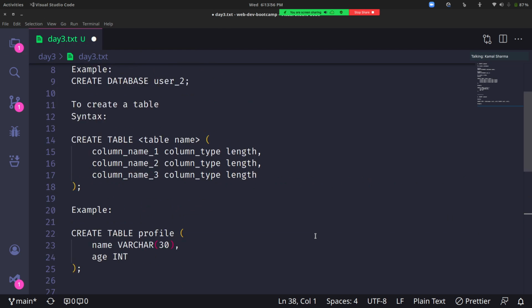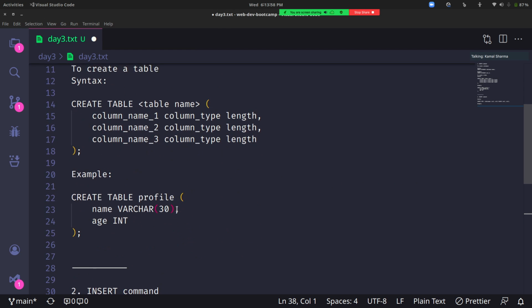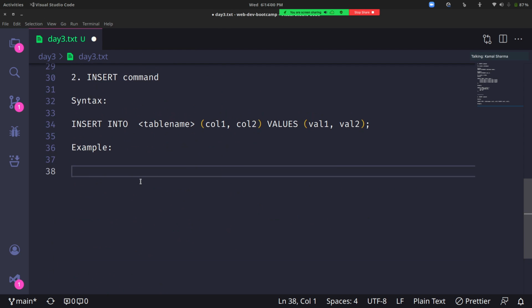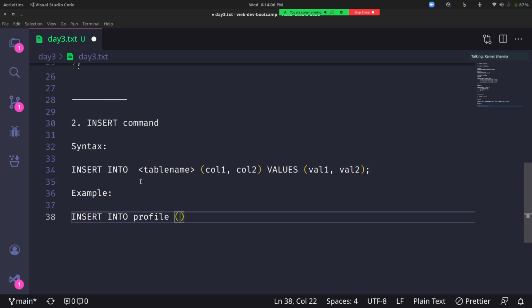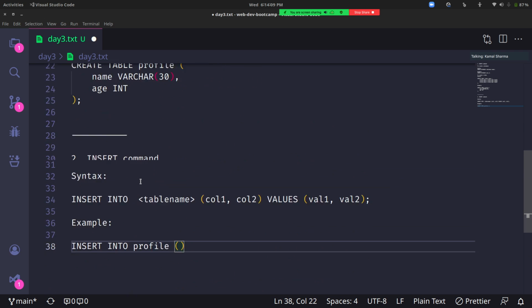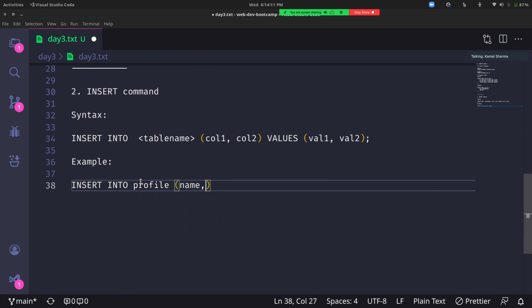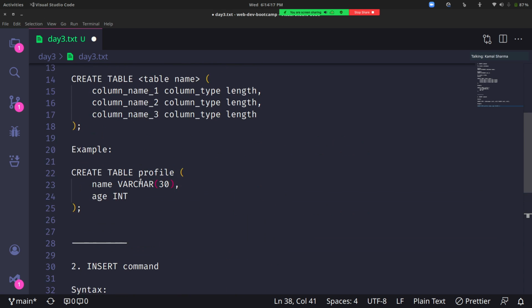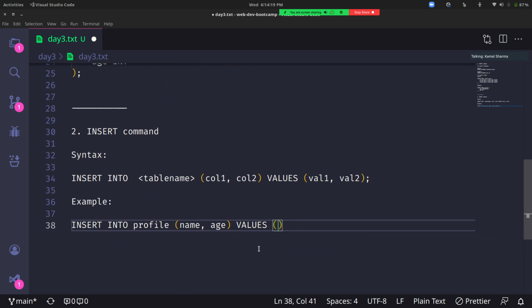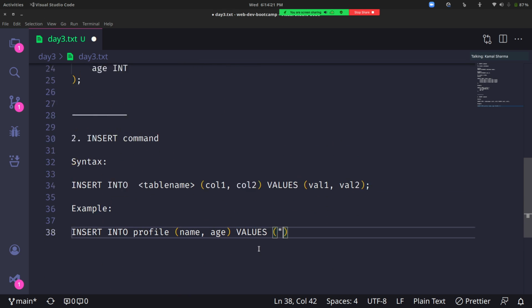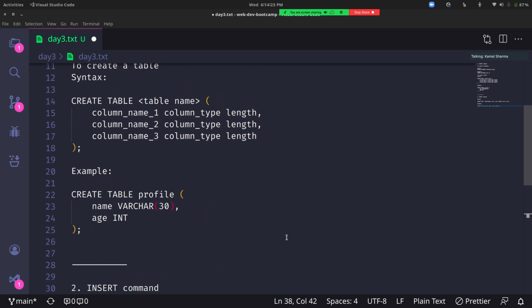So we had previously created this profile table. To insert into that, I will write INSERT INTO profile, and I'll mention the columns. The columns are name and age. So name, comma, age, and then the values. We have to specify the values. Name I had given as varchar, which is a string.